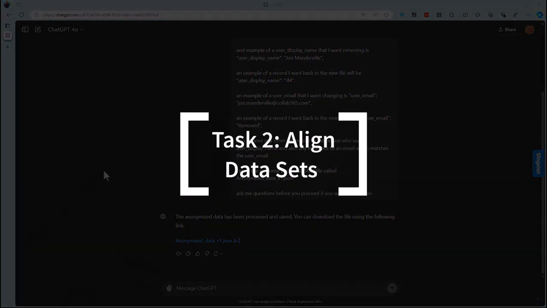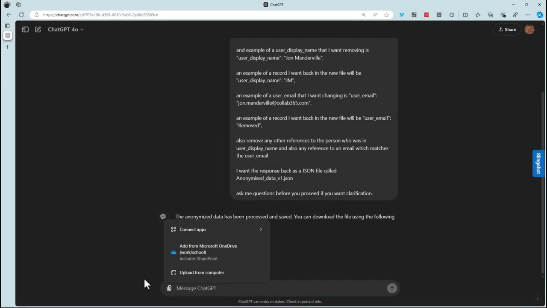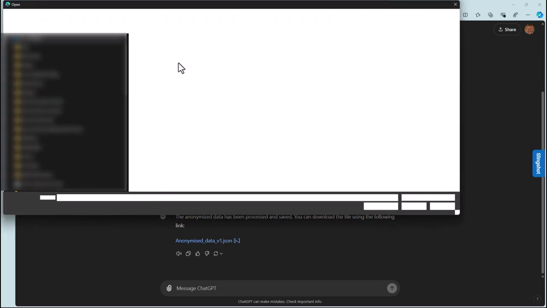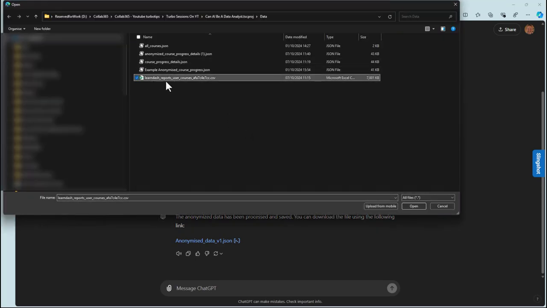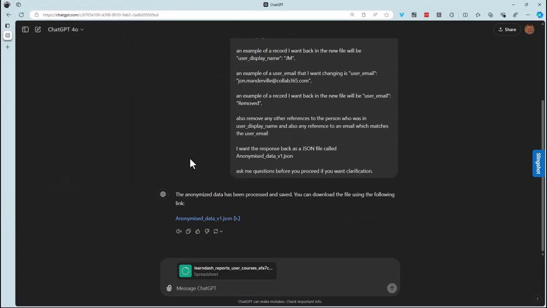So let's move on to the next challenge that we might have as a data analyst. So now we've anonymized the data in one of our files, we've probably got a mismatch to any other files that our system might be collating, and we can go and align those again manually, but I want to use AI to just do a data alignment task for me. So in this second example, I'll pick the larger data set from my examples, and this one here, just a reminder, is all the people who've taken all the courses and all of their progress. So it's a much bigger file, it's a different format again,